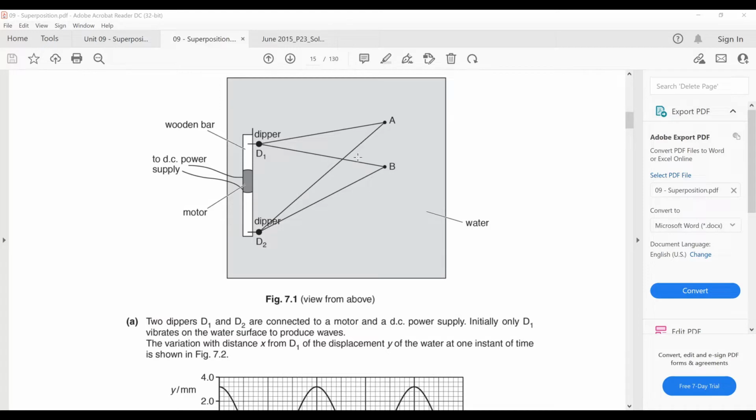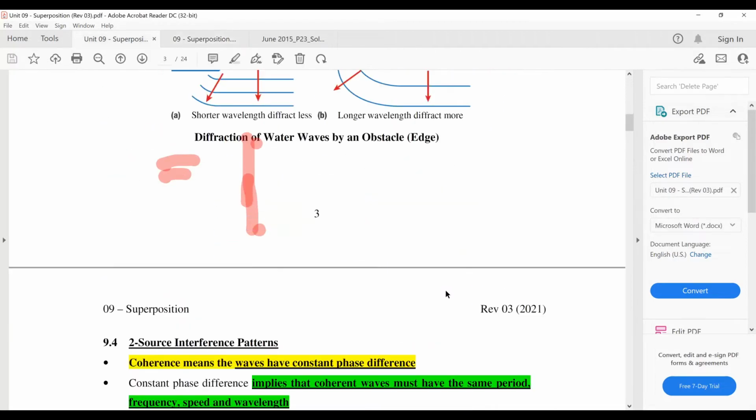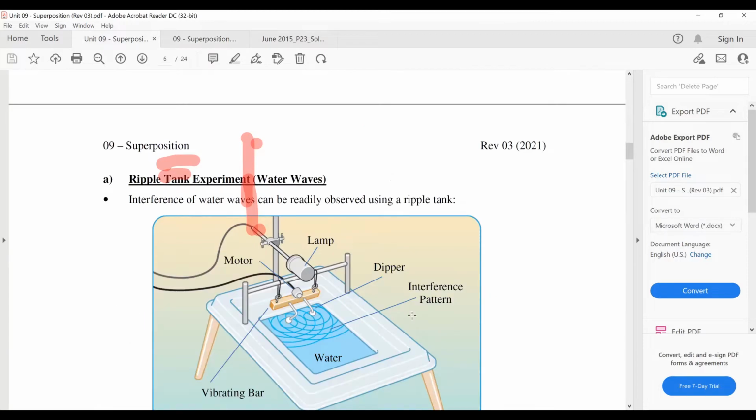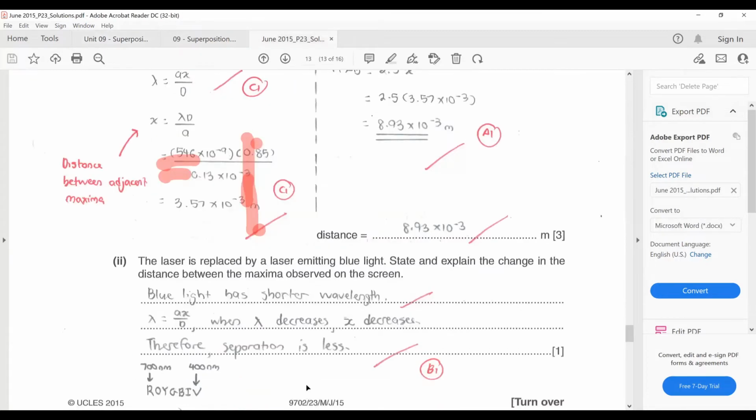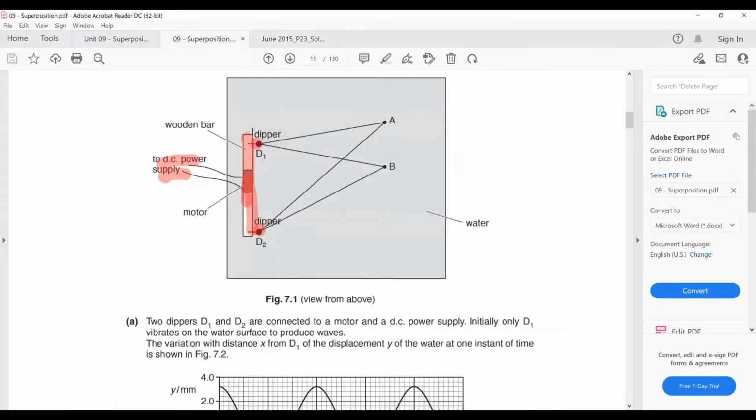shown. Okay, so what they're basically telling here is that this is actually a ripple tank experiment. You have two dippers, dipper 1, dipper 2. They are connected to a vibrating bar. The vibrating bar itself is connected to a power supply. It is actually this little thing here that you see inside your notes, page 6. All right. So what they're basically telling you here is that